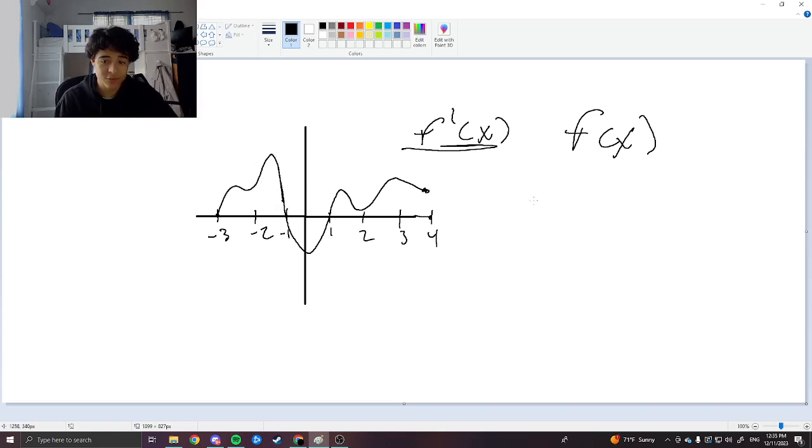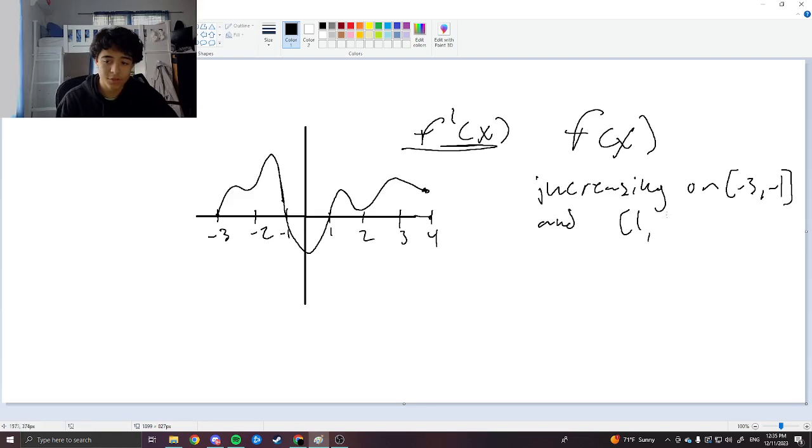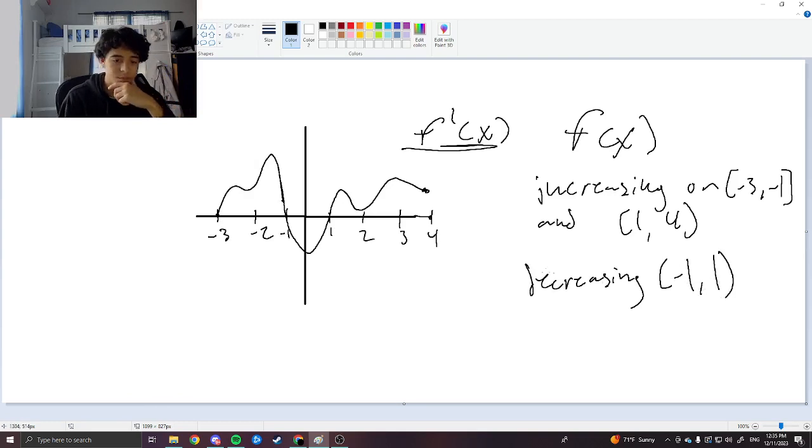So f of x is increasing on the interval -3 to -1. And from 1 to 4, right? Because the f prime function is positive this whole time. It's greater than 0. This is just showing it with a graph instead of a table. We can also see that it's decreasing from -1 to 1 because f prime of x is less than 0 the whole time. So if it's already your derivative function, it's kind of easier because you just have to look at when it's positive and when it's negative. And that'll tell you about the original position function. That's it for this though, so we move